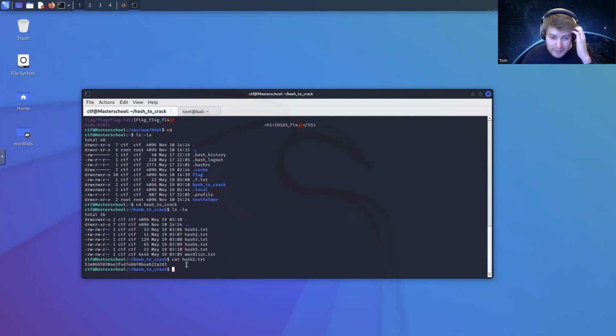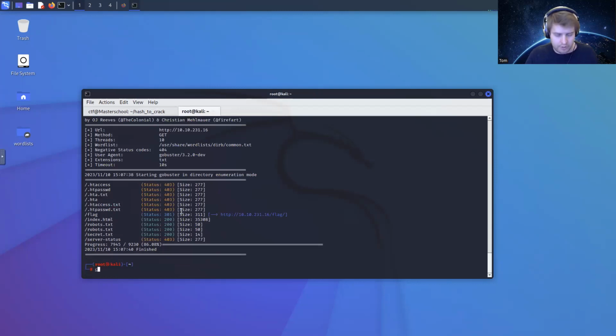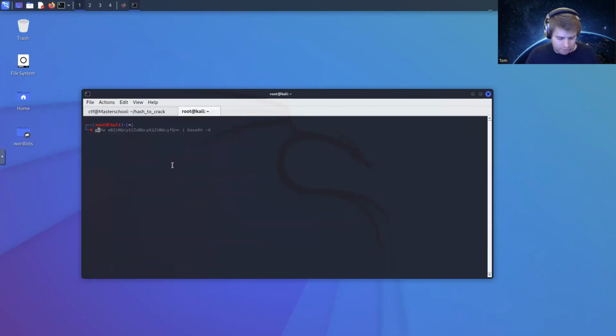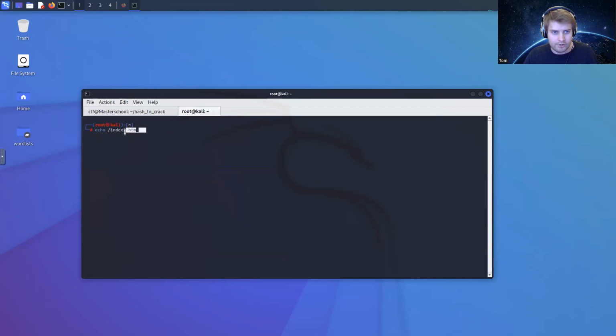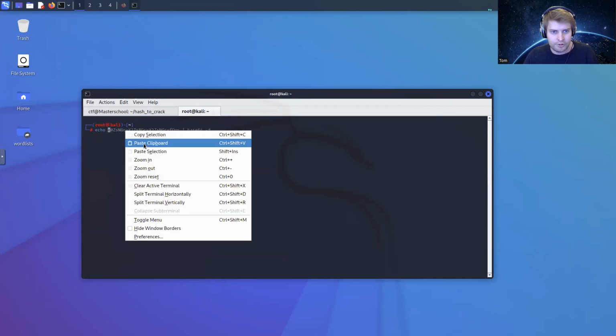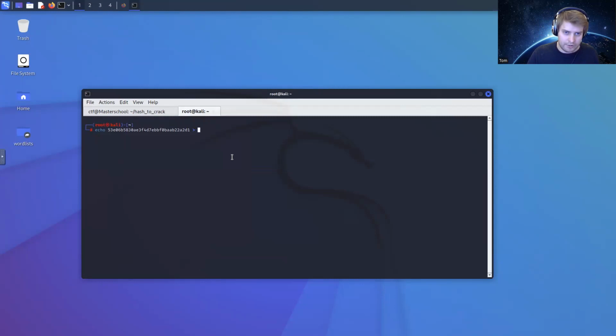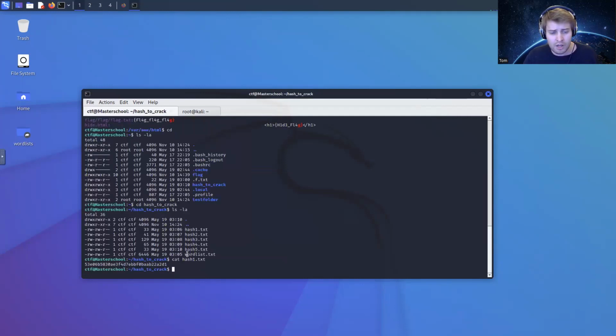So I could probably cat these onto the screen, right click, copy and paste, copy them, move over to my Kali box, echo it across, and send it to a file, call it hash1.txt. And that will probably work. Might be a bit more of a pain for the word list, but I'm sure we could get it done